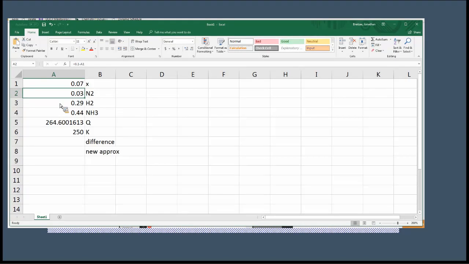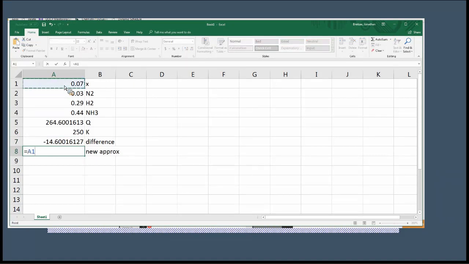Keep that in mind. As x increases, Q increases. And 0.07 puts it pretty close, so I'll put it there for now. Now the difference between K and Q, this is how far you need to go to reach K, equals the value of K minus the value of Q. Now this is a negative number because Q is already a little bit too large, so I'll have to subtract a little bit. So to make a new approximation, I take the value of x,